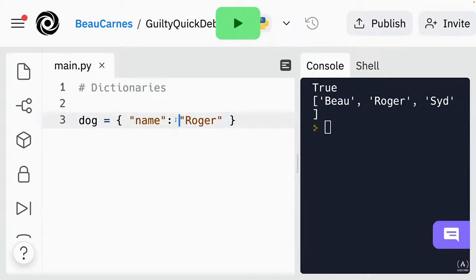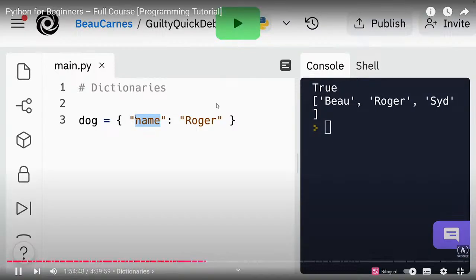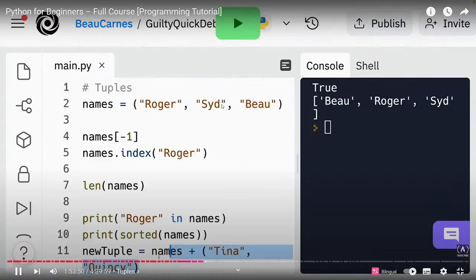And the spaces here are not very important, but it's common to put spaces in between these things for better readability. And the key can be any immutable value. So this is the key, and this is the value, and the key can be any immutable value, such as a string, a number, or a tuple. The value can be anything. However, like I said, you can't